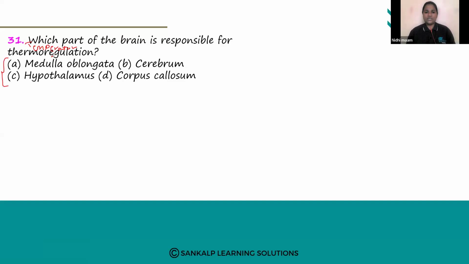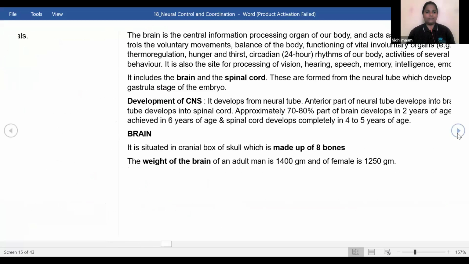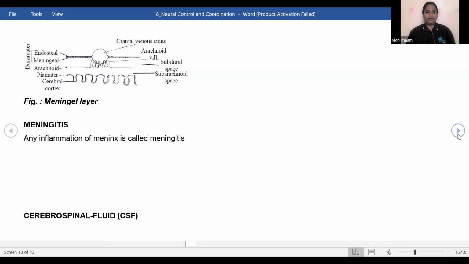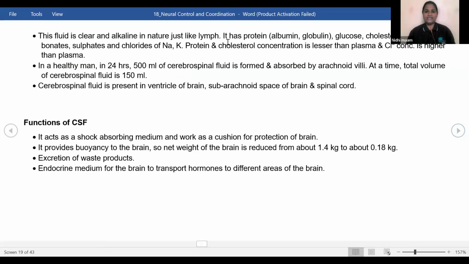So let us brush up the parts of the brain here. We have the meninges, which is nothing but the covering of the brain. Then we have cerebrospinal fluid. It is a clear fluid, alkaline or basic in nature. It will have protein, glucose, cholesterol, sodium, potassium, etc. In a healthy man, about 500 ml of CSF is formed and absorbed. Its functions, it acts as